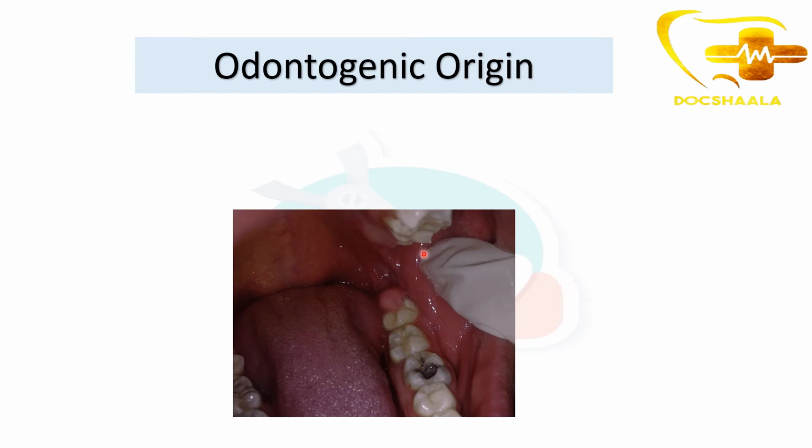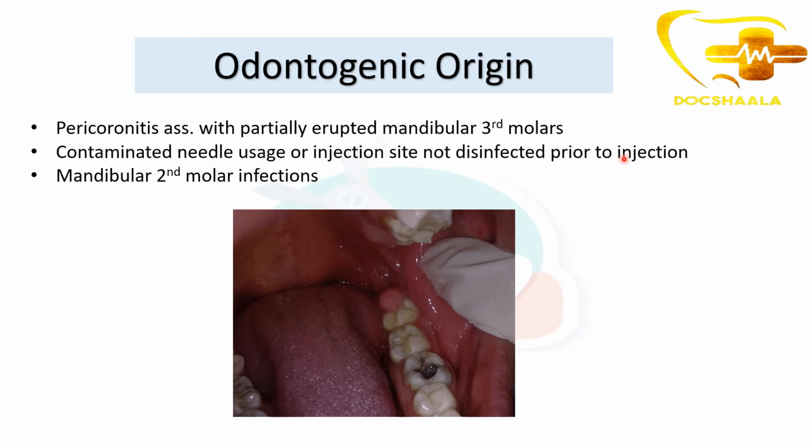So as given in the image, you can appreciate here there is pericoronitis of the third molar. This is one of the reasons why we get a pterygomandibular space infection. Pericoronitis associated with unerupted mandibular third molar, and also contaminated needle usage. Okay, or injection site not disinfected prior to